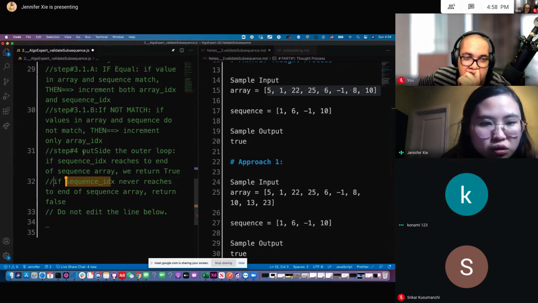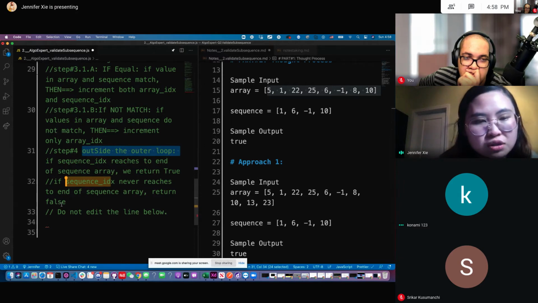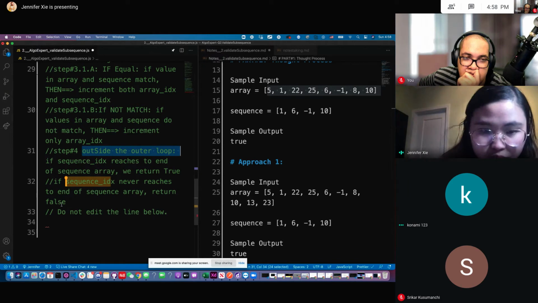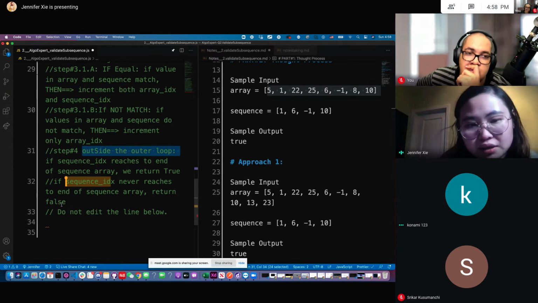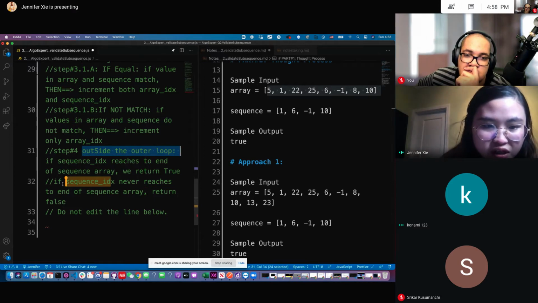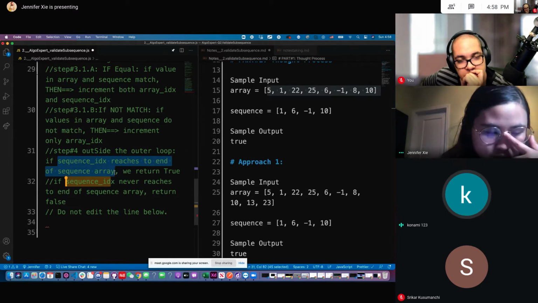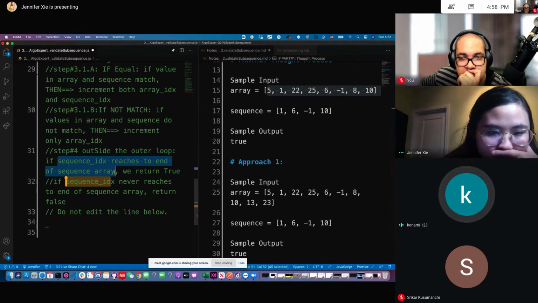Okay, so this is outside the outer loop, return true. Then, what if the sequence never reaches the end, return false. So what you mean is outside the outer loop, because we have two loops, right? One is the outer loop, one is the inner loop. So after the outer loop, are we going to do another conditional check like an if statement, or do we just return true? The main reason we do the two for loops is that